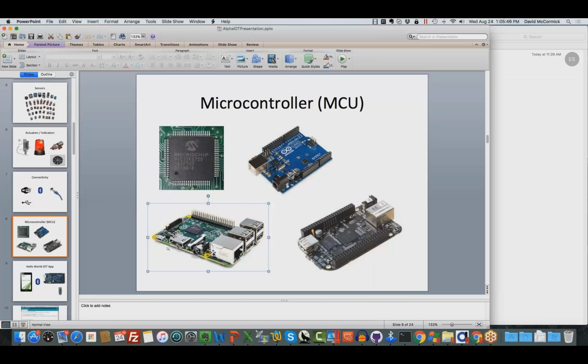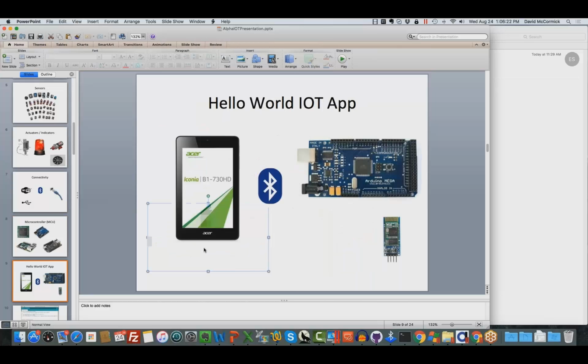Now, today I'm actually going to be showing you a project that was done here with an Arduino. And an Arduino is probably the first open source sort of microcontroller device to really gain popularity. The Arduino doesn't have an operating system, but it can be programmed in machine code. And I'll show you how that's done in a moment. So let's go and take a look at what our example is going to be today.